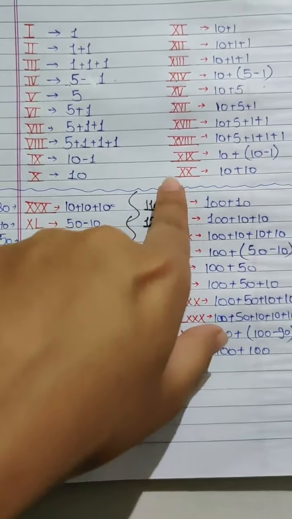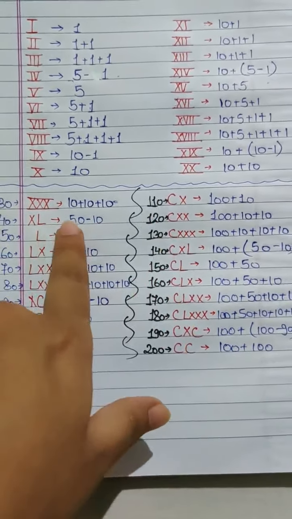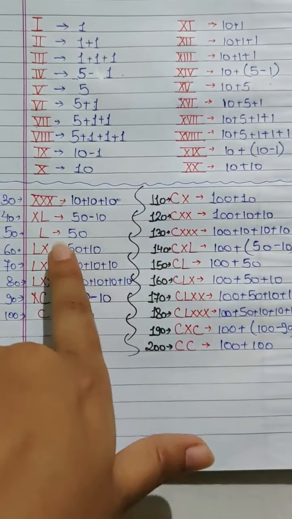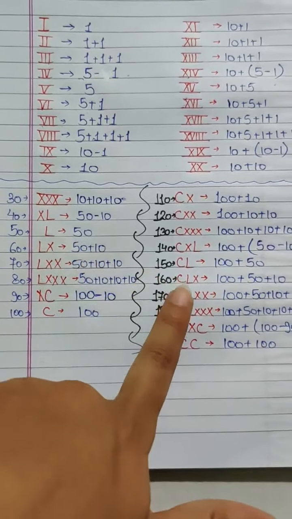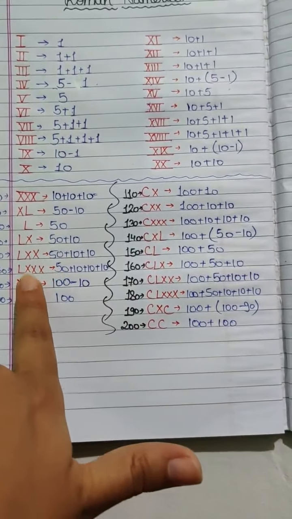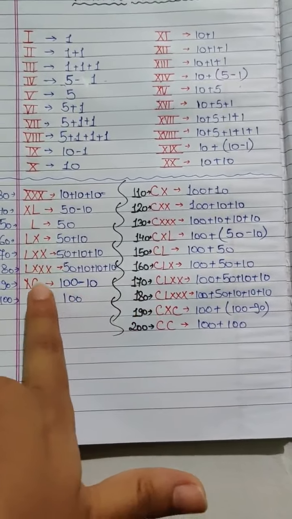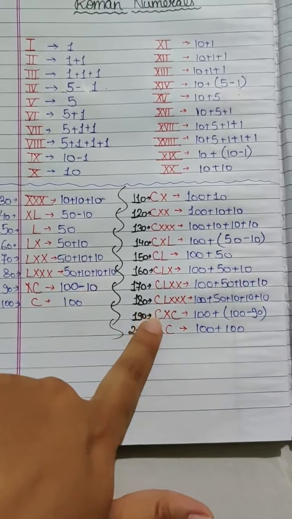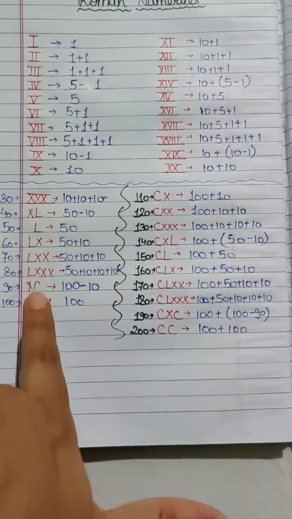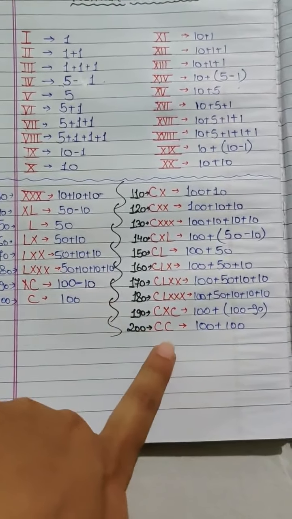Then 120, sign of 20. Then 130, sign of 30. 140, sign of 40. 150, sign of 50. 160, sign of 60. 170, sign of 70. 180, sign of 80. 190, sign of 90. 100, after 100 we have put sign of 10, 20, 30, 40, 50, 60, 70, 80, 90, and at last